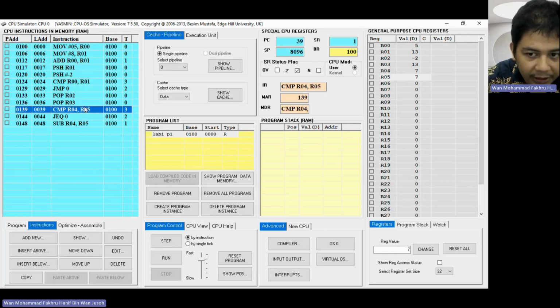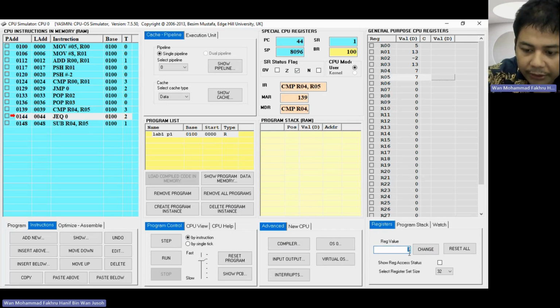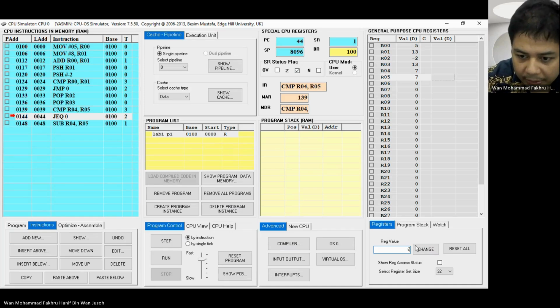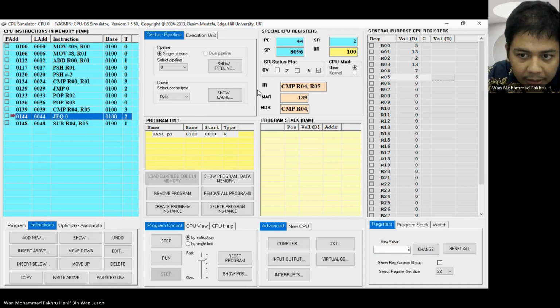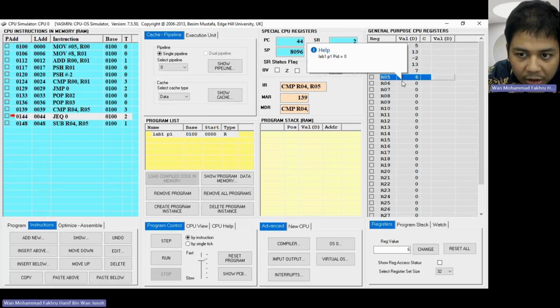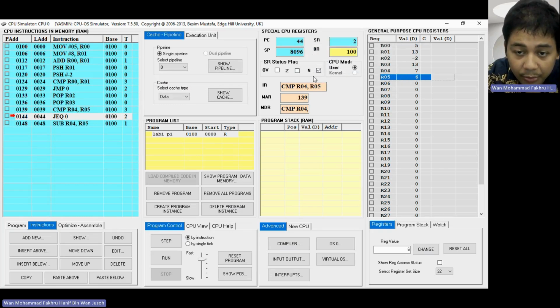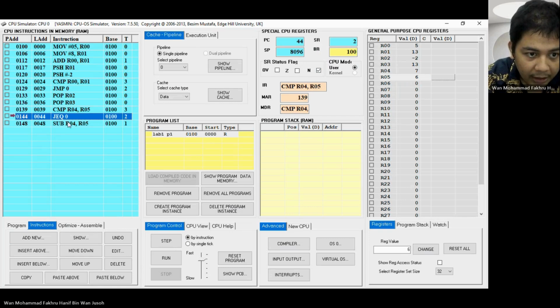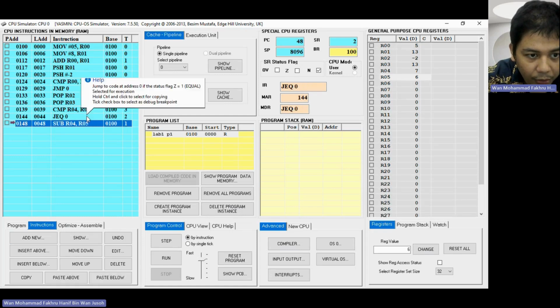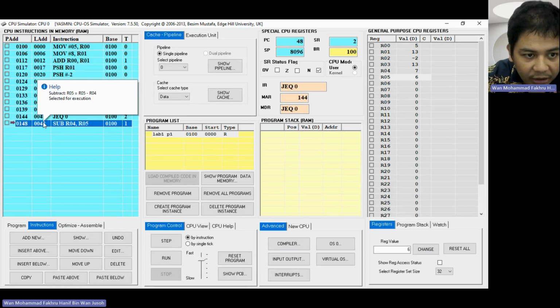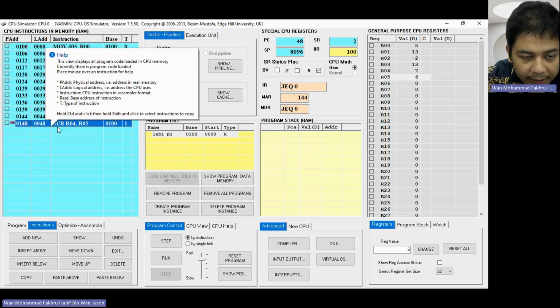And then if we change the value from 7 to 6 before the comparison, since we compare, the value is not equal to 0 anymore, it is negative. If we run the jump if equal to 0, the jump will not go to address 0 because it's not equal to 0. See here, it goes to the next instruction, 0048,